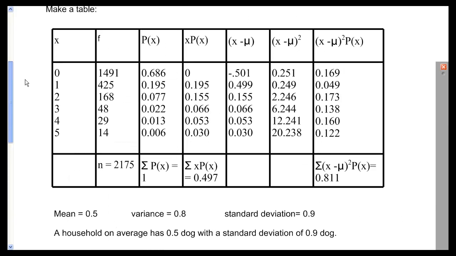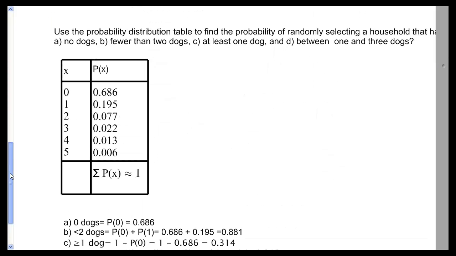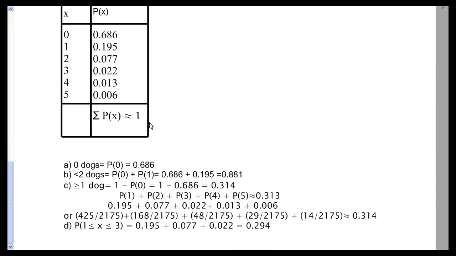Well, first thing I'm going to do is use the X column and the P of X column, and make a probability distribution table so that you can see it easier. So 0 dogs would be 0.686. Less than 2 dogs would be 1 dog and 0 dogs, and if you add those together, you're going to get 0.881. Greater than 1 dog would be everything except the 0, so I can subtract 1 minus 0.686, and I'll get this. I also showed you another variety of that there. And then the last one, between 1 and 3 dogs, so you're going to